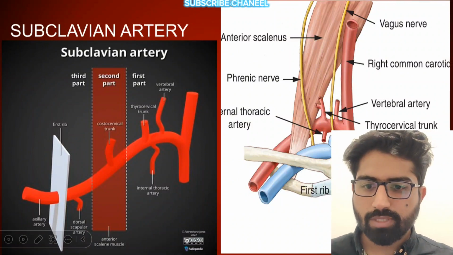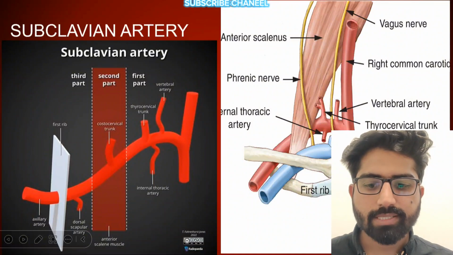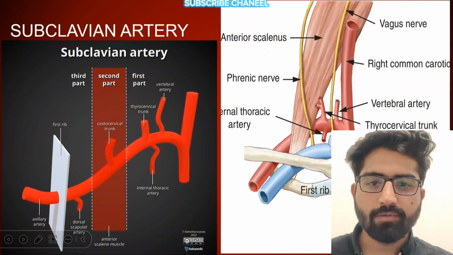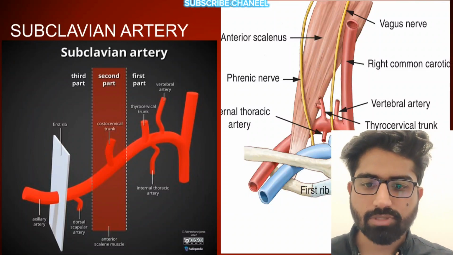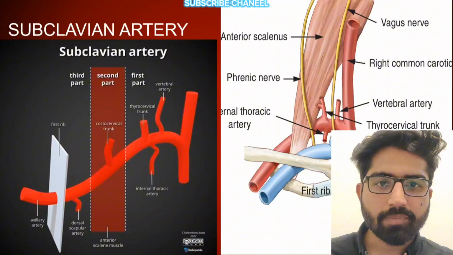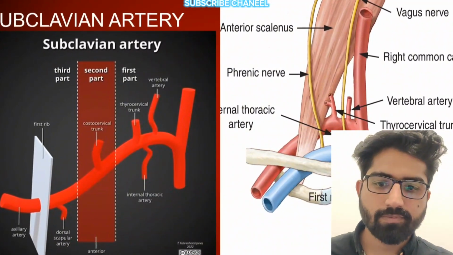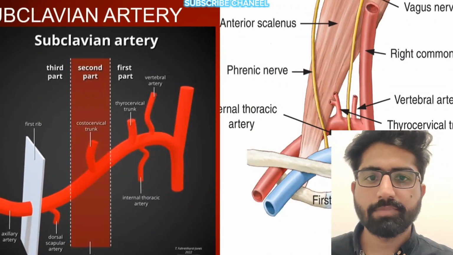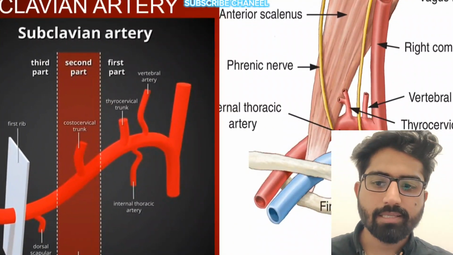And as you are seeing here at the right side, the shadowed part is the second part of the subclavian artery, which is the area where the anterior scalene muscle is present. The part of the subclavian artery which is proximal to the anterior scalene muscle is labeled the first part, and the part that is distal to the anterior scalene muscle is labeled the third part